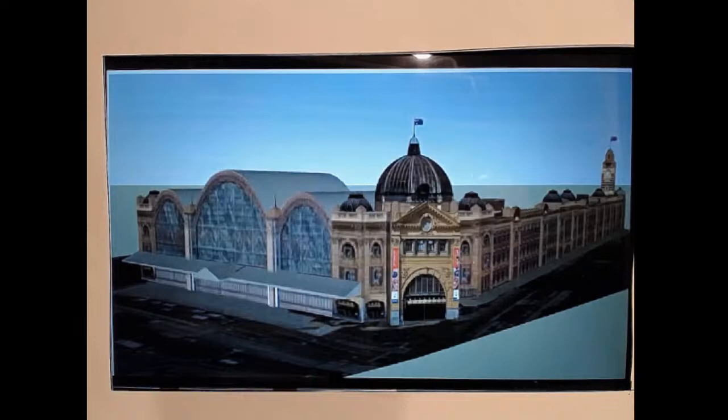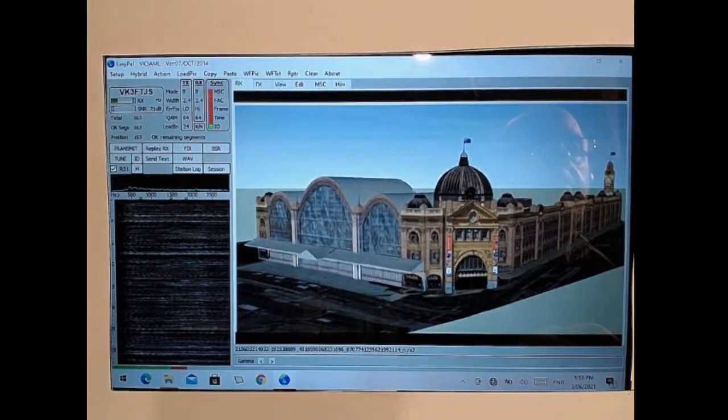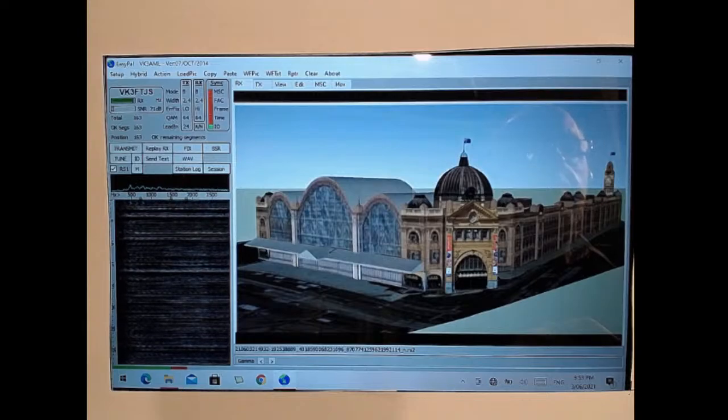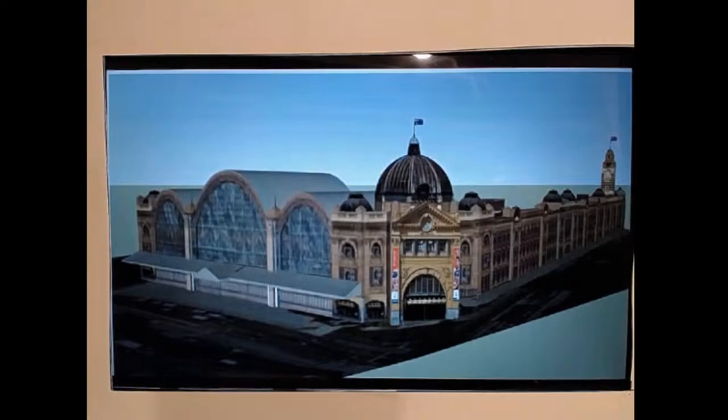Now, while we're talking about that, unfortunately, they did the big rebuild on Flinders Street Station a few years ago, spent over $100 million on it. I was allowed to explore it before the build was done. I think I saw a couple of bits after the build was started, but unfortunately I retired before it was completed.